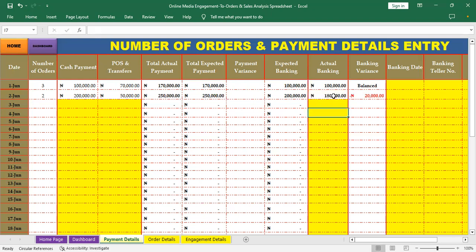It's going to tell us that there is a variance, and that comes out in red. I will just leave it there for the purpose of explanation. So let's say we have a variance, and then of course you have to take care of the banking date. When was this cash here, which is the 100,000 that we have